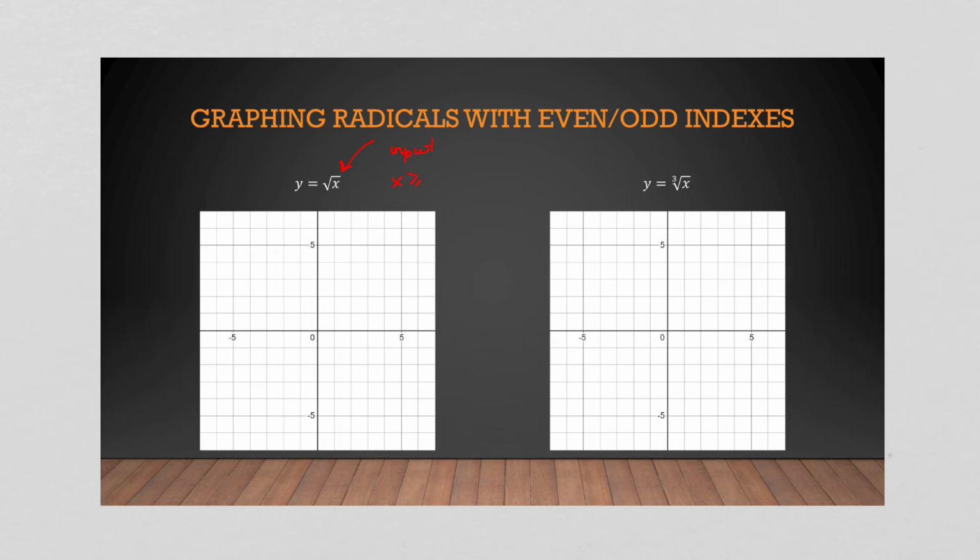So we looked at this. This is the mother graph. We just end up with a graph that looks like that, right? We have one side because we can't have negative values. The domain is x is greater than or equal to 0, and the range is y is greater than or equal to 0. But if you have a cube root,